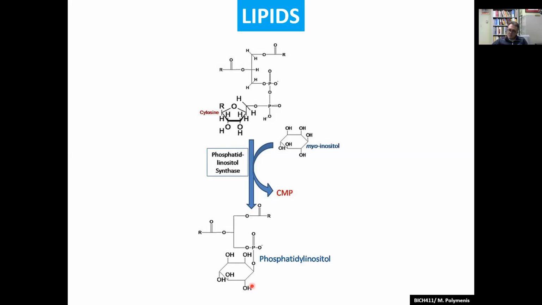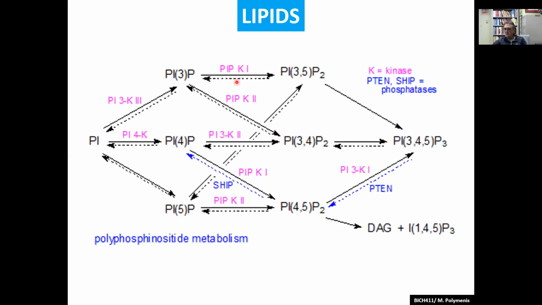So in a sense, you have a microprocessor. Each one of these positions can be phosphorylated or not, so binary, 0, 1, if you're computer savvy. 0, 1 here, 0, 1, 0, 1, you have all these combinations. And it is exactly how it is used in cells. You can have this orgy of phosphorylations and dephosphorylations by specific phosphatases and kinases that go and put phosphates at specific positions and remove them.